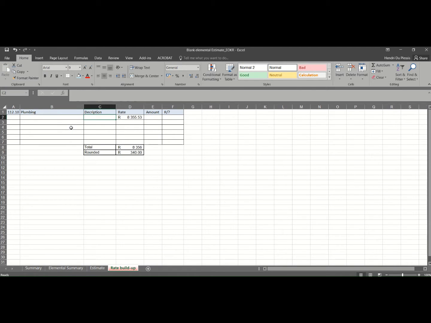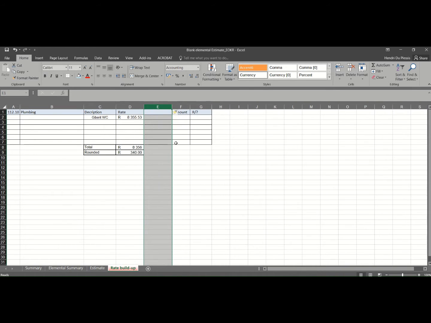So let's say Geberit VC. Okay, and then you might want to add some escalation to this. This project was done about 2 years ago, so let's say escalated rate,